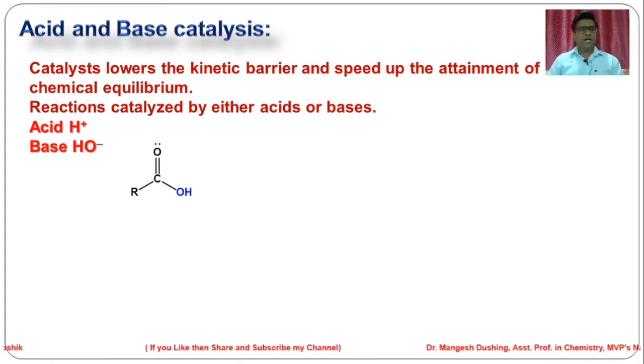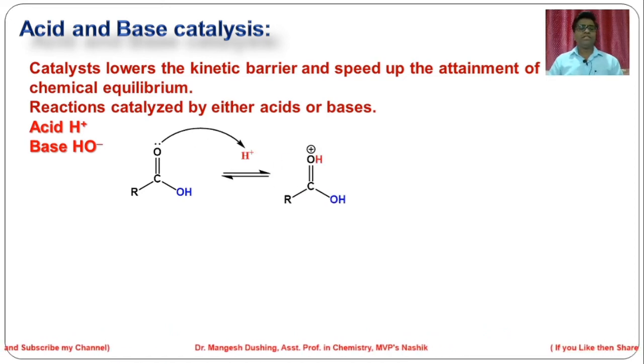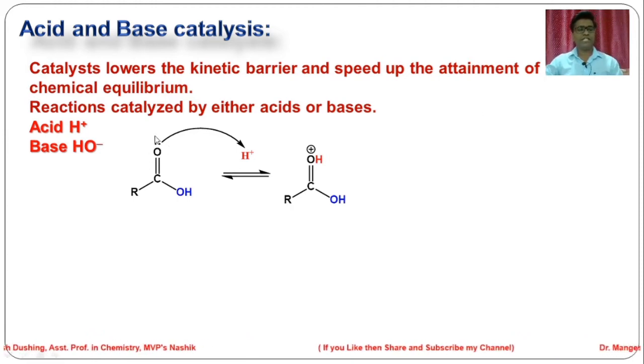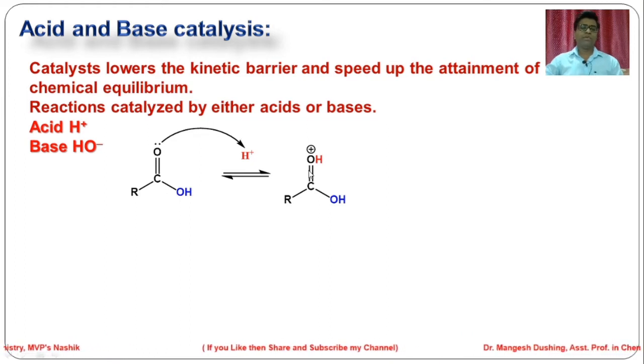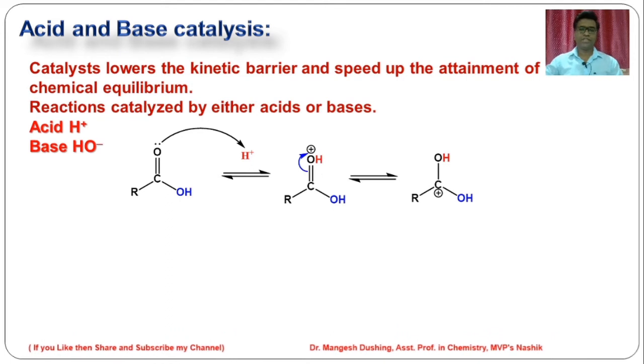Friends, how does that work? For example, we will learn about esterification of acid. So this is our carboxylic acid. In presence of acid, the first thing that happens is protonation of oxygen. The double bonded sp2 hybridized oxygen is more electron rich, so it gets protonated first. Now the pi bond is attached to the positively charged oxygen, the oxonium ion. So the pi bond will break, and those electrons go onto the oxygen. So carbon becomes electropositive, that is, a carbocation.